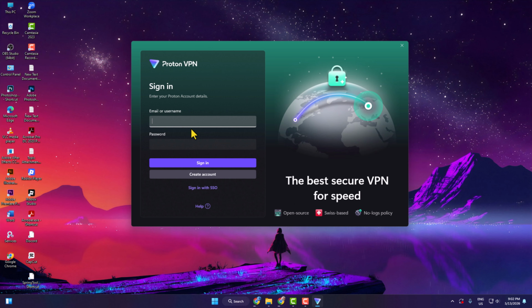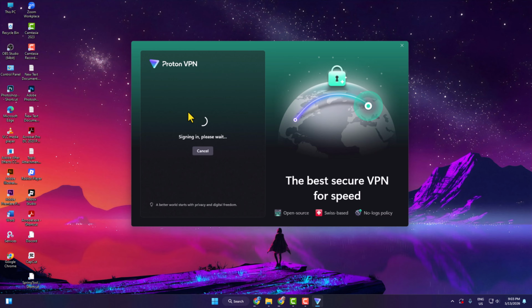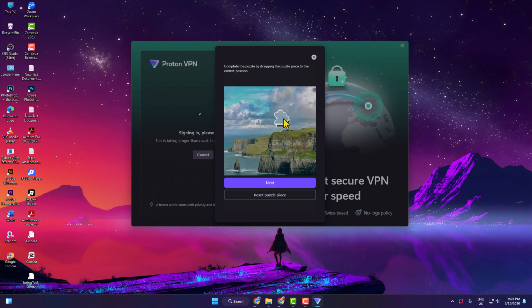If you're a first-timer, you can just create a new account to use Proton VPN. So in my case, I'm just entering my email address and password to log into my Proton VPN account. Now complete the puzzle,